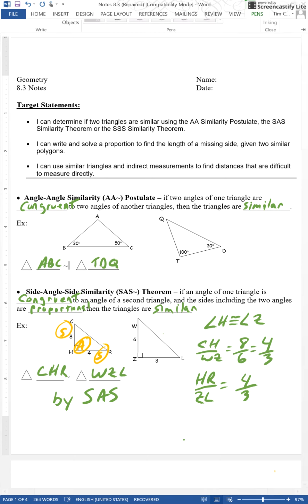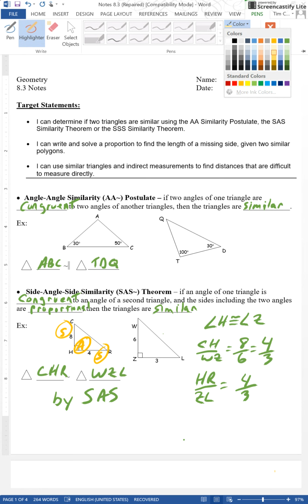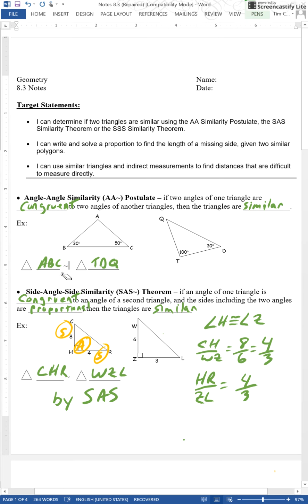Okay, so let's check this out. So we're trying to prove similarity. Okay, so there's the side-angle-side theorem. Okay, so when we can prove a side, an angle, and a side, then we can prove that. Okay,